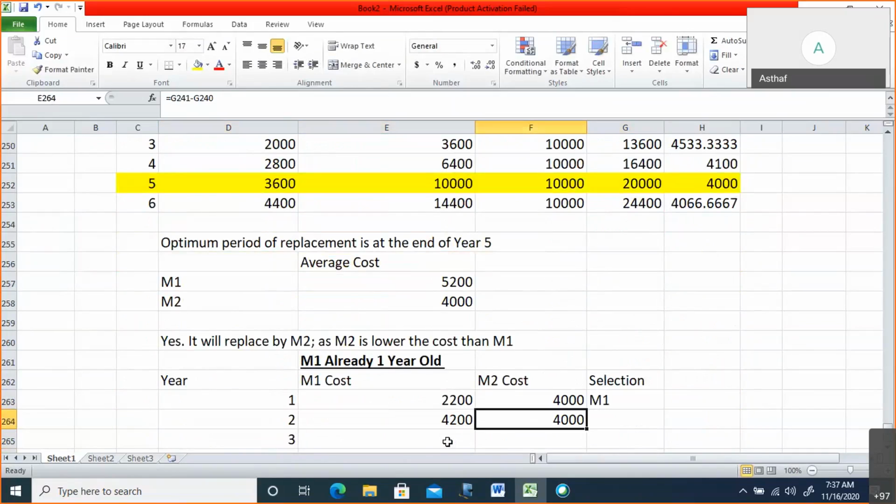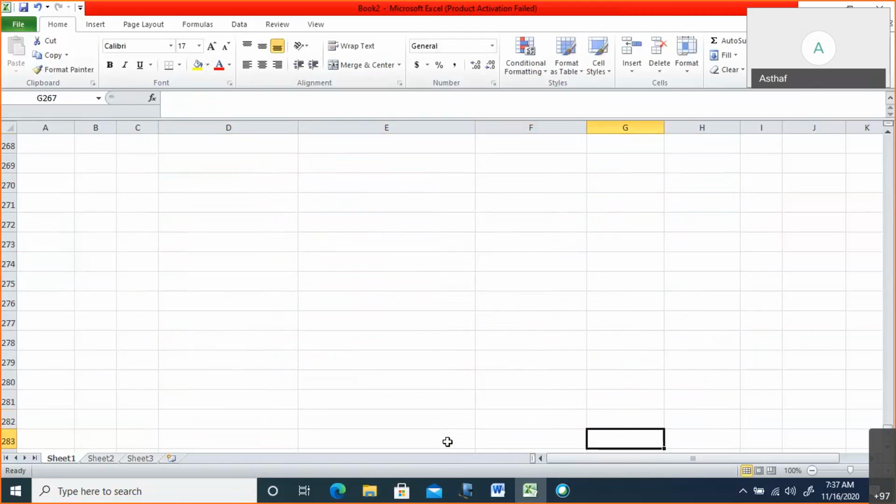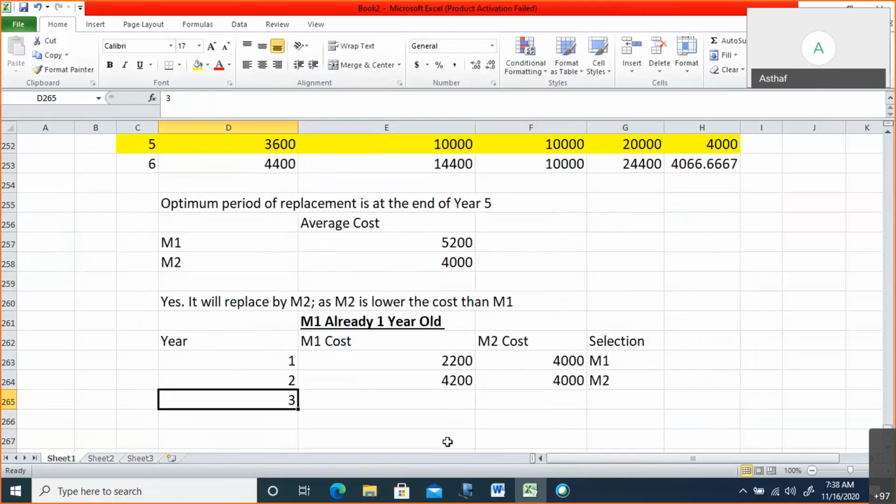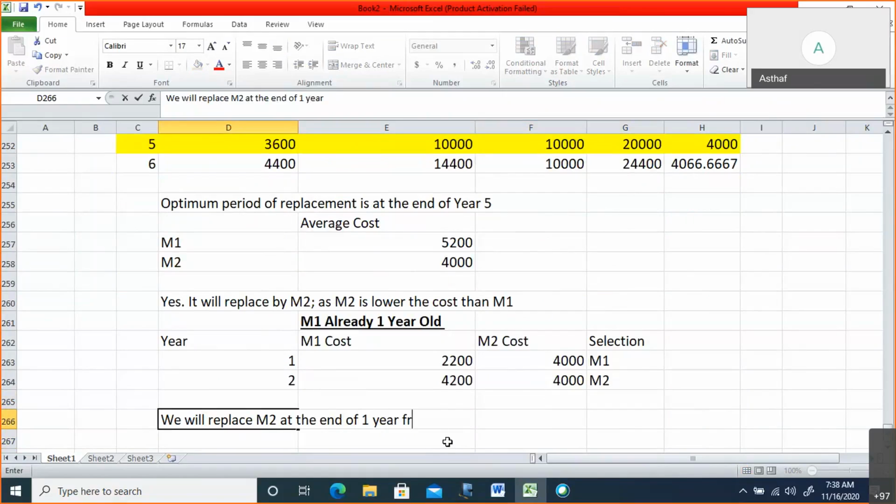See here, the lower one is M1. But here, what is the lower one? 4,200 or 4,000? Which is the lower one? 4,000. Which belongs to what? M2. So what will be the decision? The decision will be, we will replace with M2 at the end of 1 year from now, or when M1 is